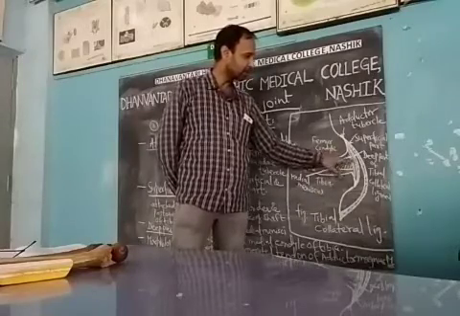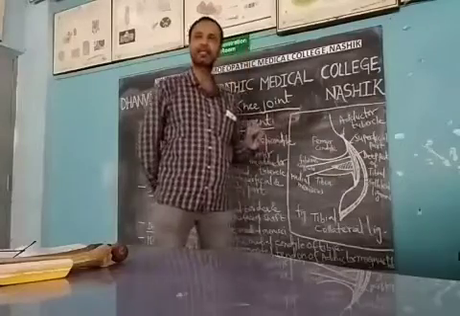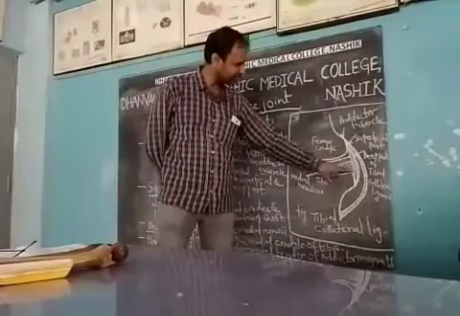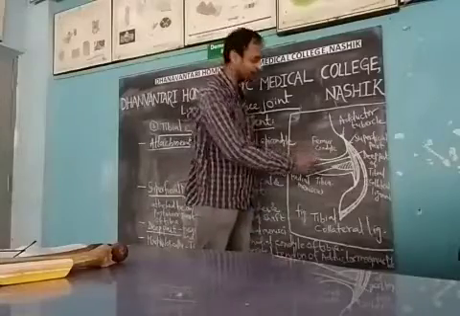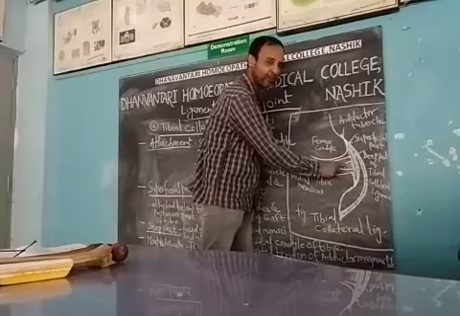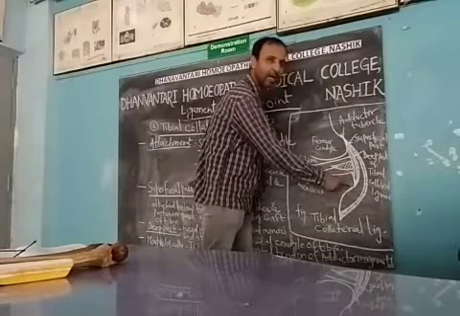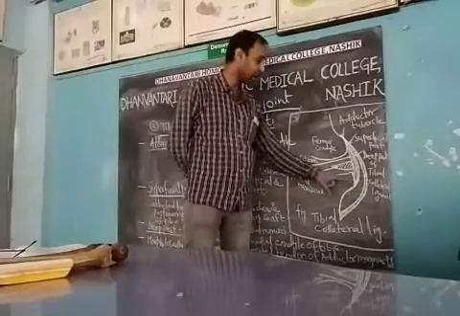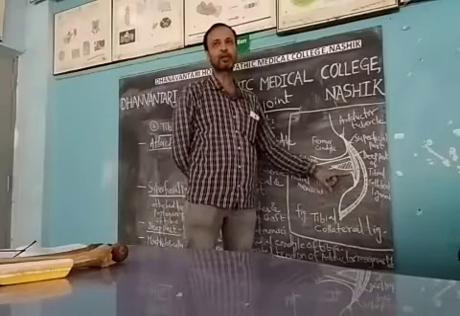Whereas the deep part of this medial collateral or tibial collateral ligament is short, as you see in the diagram itself. It blends with the capsular ligament and the medial meniscus. Clear? And here it is attached to the medial condyle of the tibia, just below the groove for the semitendinosus.